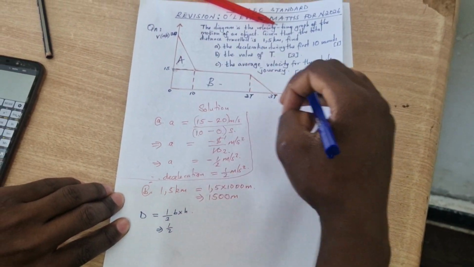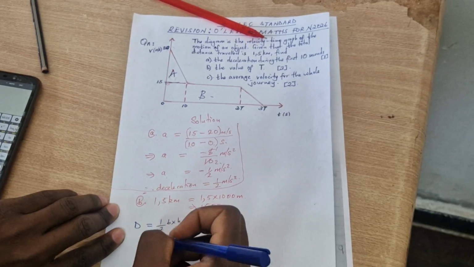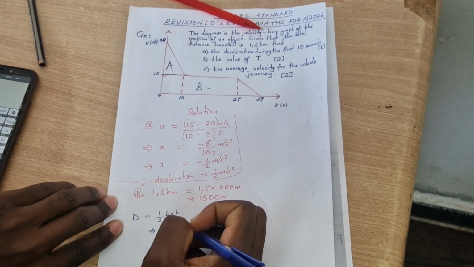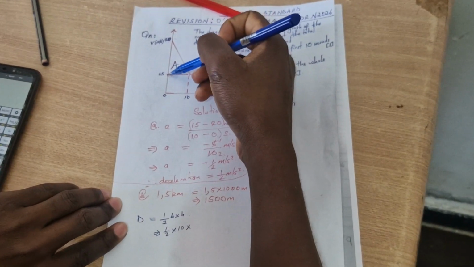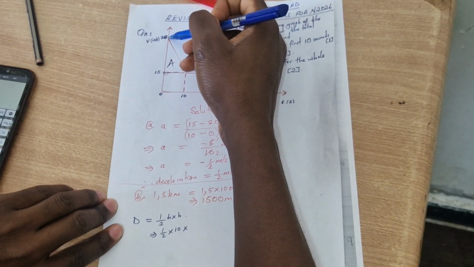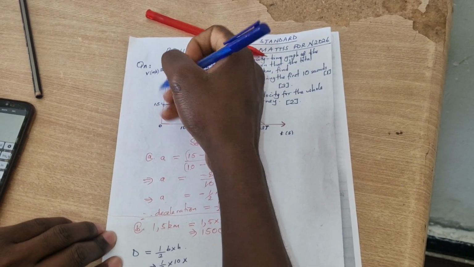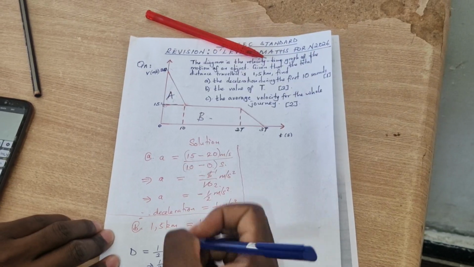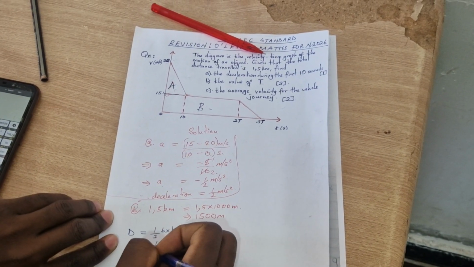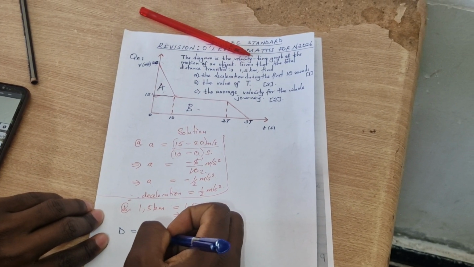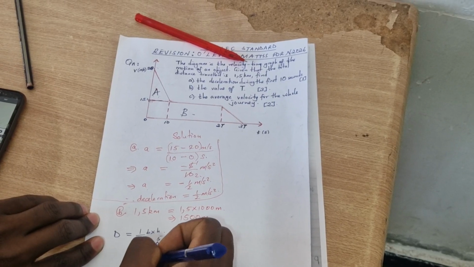We get it from the axis of time. So it's 10 multiplied by the perpendicular height from 15 to 20. There are 5 units. So 20 minus 5, that's the length from this point. So that's 5. So if we work it out, we get 25